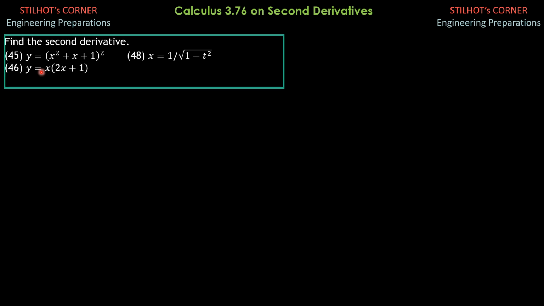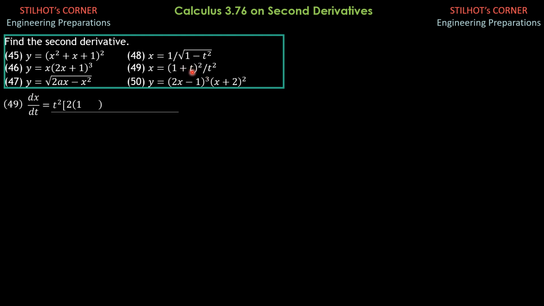We have already finished 45 to 48. So let's proceed to problem 49. This is derivative of ratio. So dx/dt equals denominator t squared times derivative of numerator 2 times quantity 1 plus t to the 1 times 1 minus numerator 1 plus t quantity squared times 2t all over denominator squared, so that becomes t to the